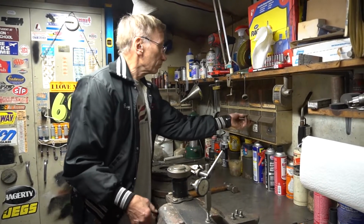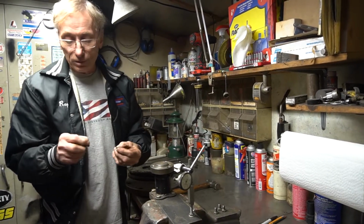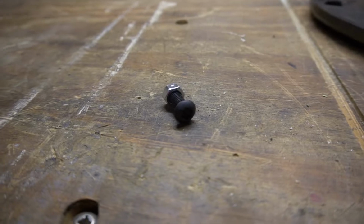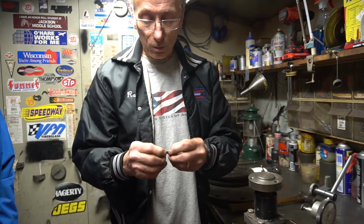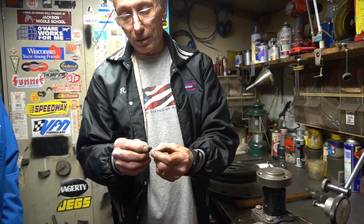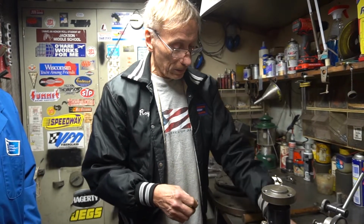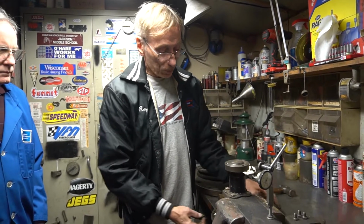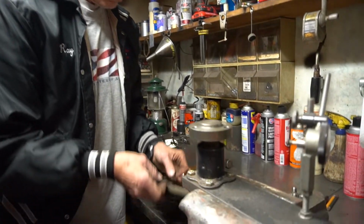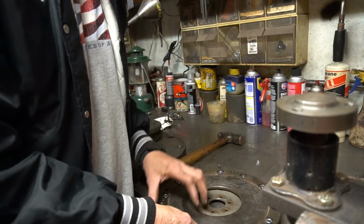So basically, all the assembling is nuts and bolts. It's 5/16 by 3/4 button head Torx, and the corresponding cinch lock nut, which is very low profile and locks on the side, so it starts to lock as soon as it goes on. In that pocket, it's a very constricted area. So the process is, once all the bolts are put in snug, just the bolts, I don't put the nuts on,